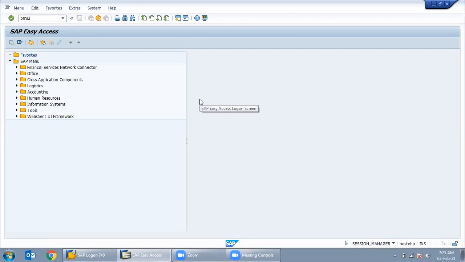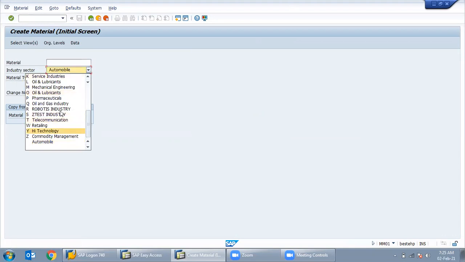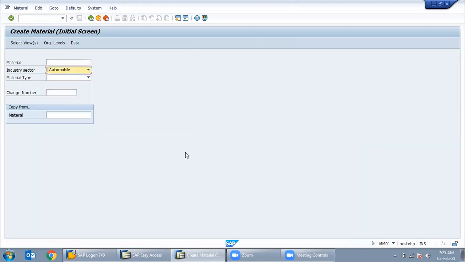Let's take a screen, like in MM01. See, the first thing is industry type, industry sector. That I am going to create.